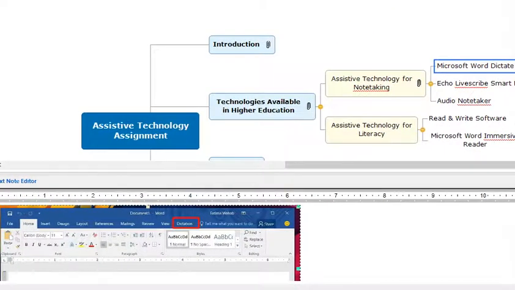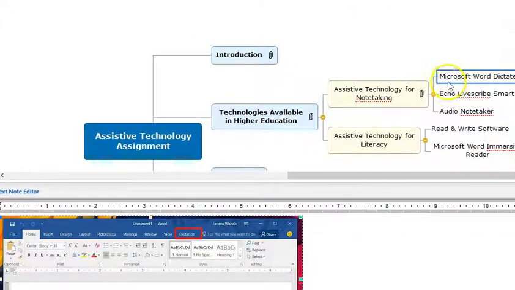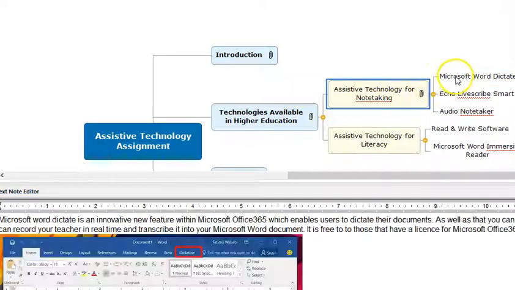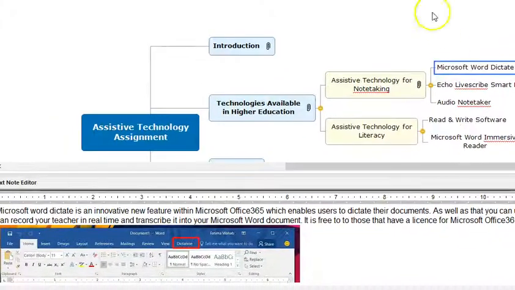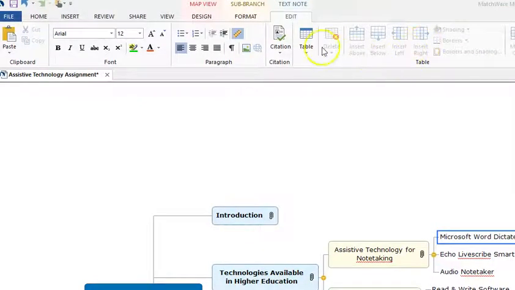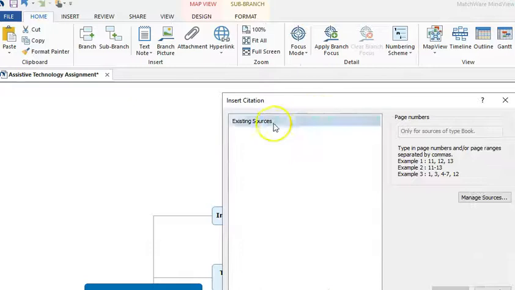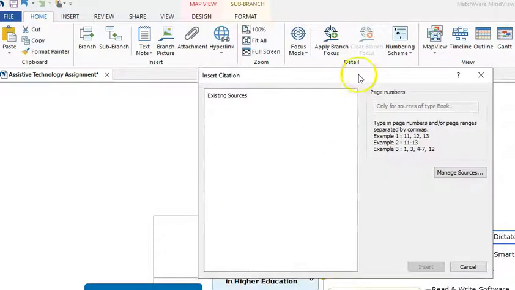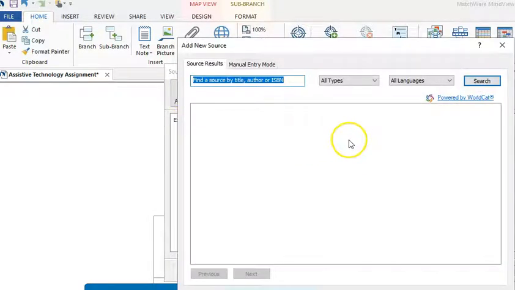And as well as that, I can incorporate referencing as well. So if I go back into here and I want to incorporate a reference, for instance, I wanted to put it here, I simply go back up to my ribbon, and there we are, citation. So if I press citation, insert citation. Now where are my sources? I don't have any sources at the moment. So if I go to manage sources, add new. Now this is